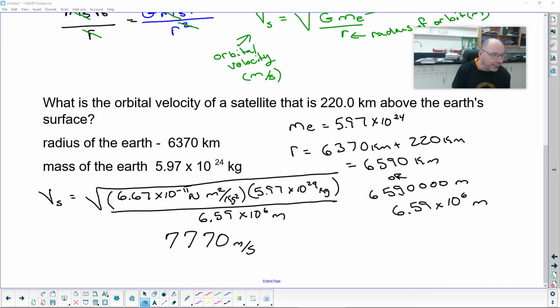There is also something called orbital period. Orbital period is a little bit different because the period is the time it takes to do one revolution around the Earth. And the period formula comes from other math formulas that we probably haven't looked at in your math career yet, so I'm not going to derive it like I did